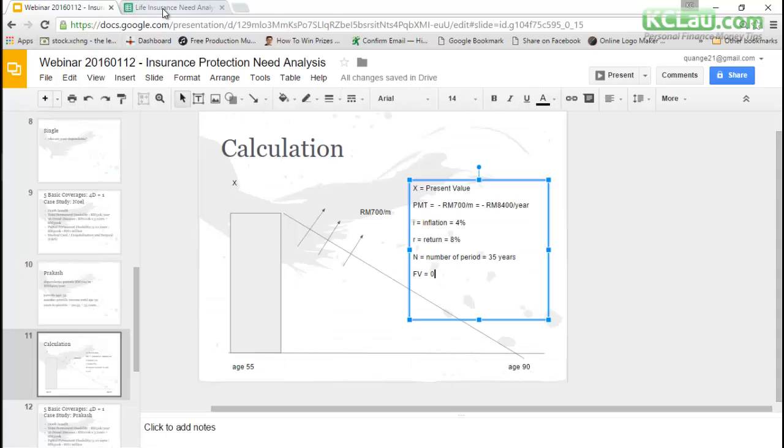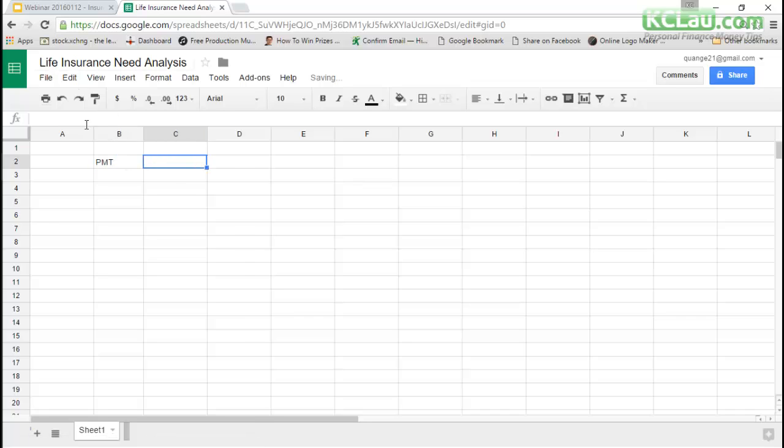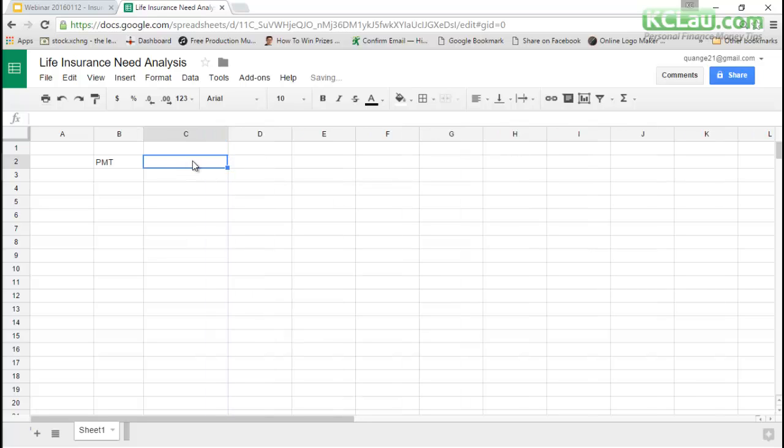You have the PMT equals. This is Google Spreadsheet. If you have a Google account, you have Gmail, you can use this spreadsheet. Basically free, at docs.google.com. You can create a new spreadsheet, then you can do this already.